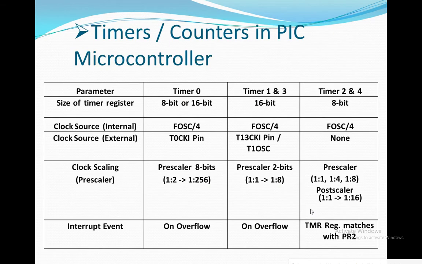In case of PIC microcontroller 18F4550, 3 to 5 timers are available. As we talk about 4550, then we have 4 timers. One is of 8 bit and the remaining 3 are 16 bit. Timer 2 is used for CCP mode, that is compare, capture and PWM mode of operation.